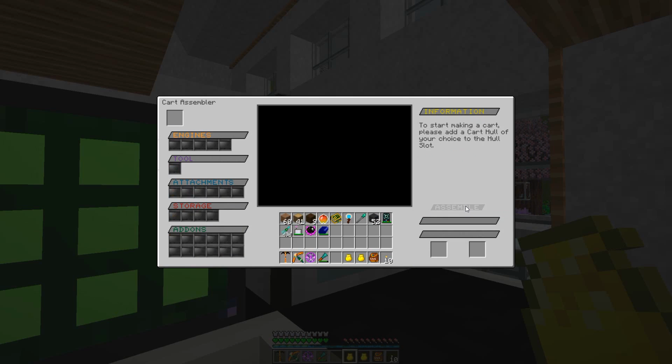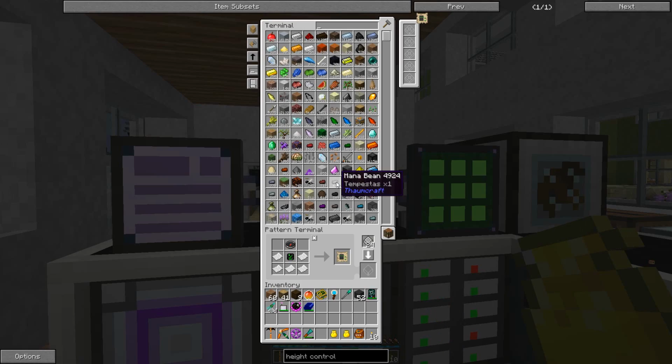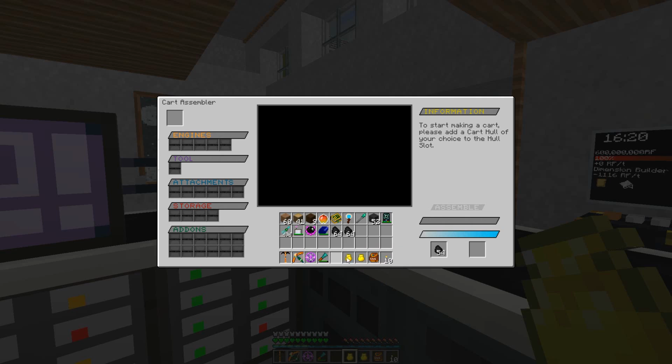So then we click assemble. The more complex your cart is, the longer it's going to take to assemble. So this guy is going to take 48 minutes to assemble. Oh, and it needs fuel. Duh. Okay. We need to throw some coal in there. Kinda forgot. There we go. Okay. So now it's...